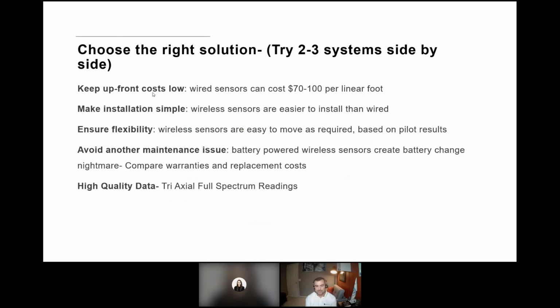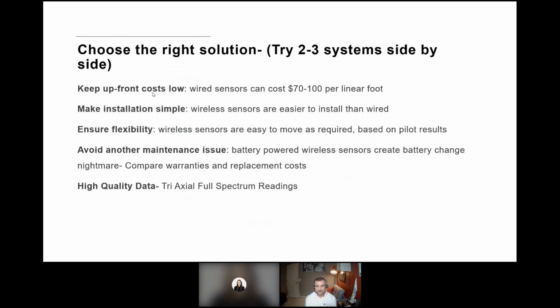So wireless sensors are going to be the easiest to deploy, and that also gives you some flexibility. When the pilot is over, you can remove them easily and move them to different assets. If you find that the value wasn't on the asset that you had picked, maybe it wasn't the right piece of equipment or something along those lines, when your pilot's over, you can change those.